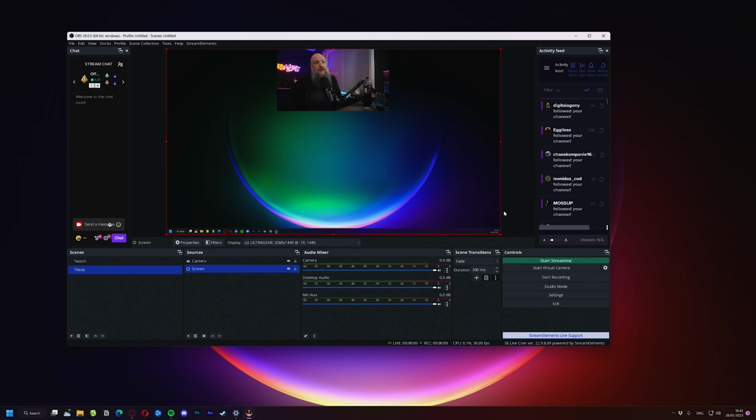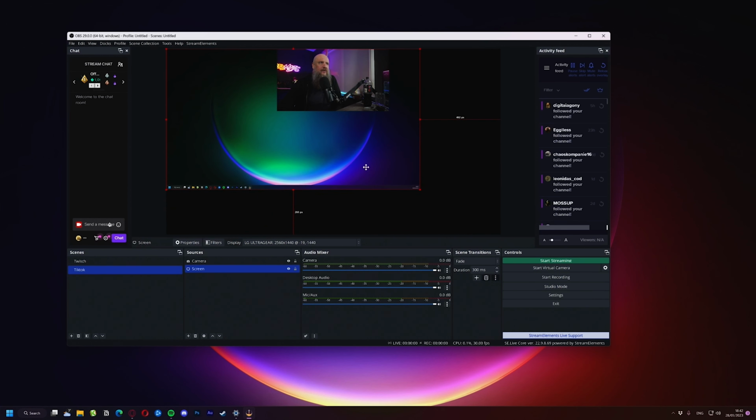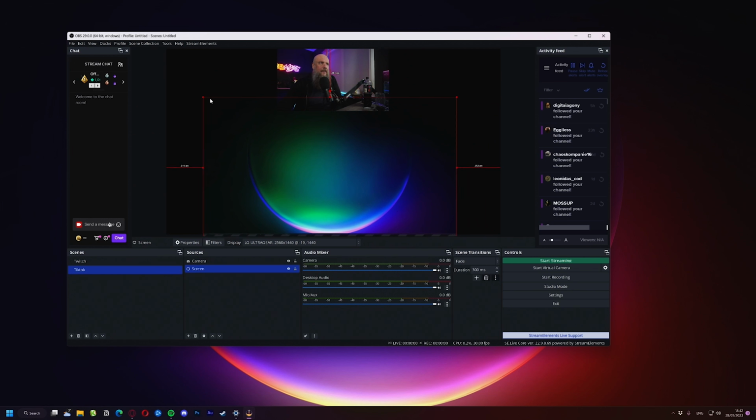And the second part that we're going to change is, of course, the gameplay. And in my case, that is just the background of my screen. But anyways, we're going to resize that a little bit and also fit it in the middle. Now, it is extremely difficult to fit all that gameplay within that portrait screen, especially in a game like Overwatch. So I just kind of make the corporate decision of putting it somewhere nice in the middle, squeezing it down as much as possible. Right now, we kind of have a bit of a setup that could work on TikTok.